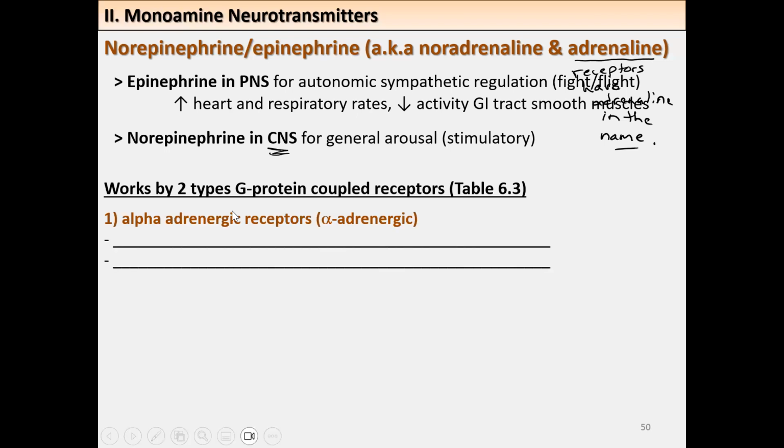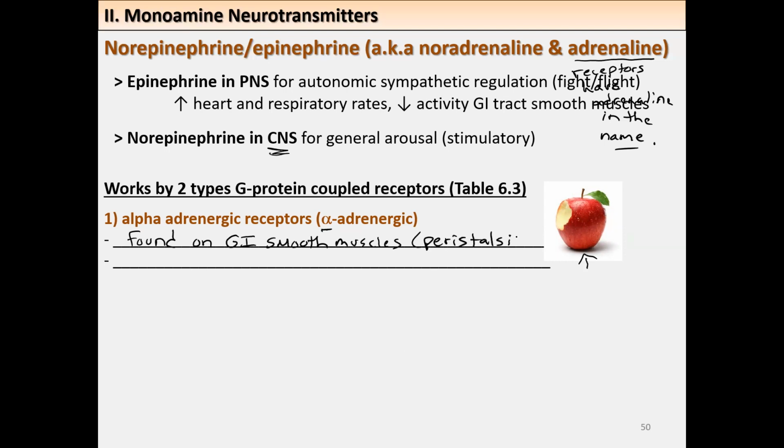Okay, so alpha adrenergic receptors. I've got an apple here. What do you do with an apple? Eat it and digest it. So when you think alpha, think apple. Alpha adrenergic receptors are found on GI smooth muscles, so it will affect peristalsis, and it will go down. It's found on glands, decreased secretion,